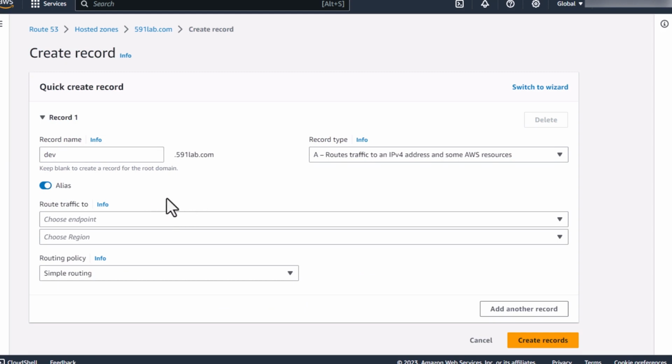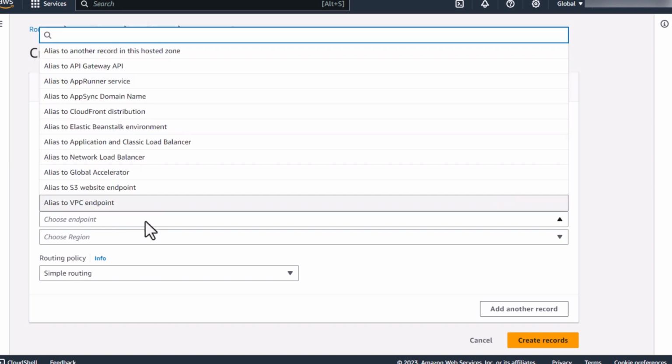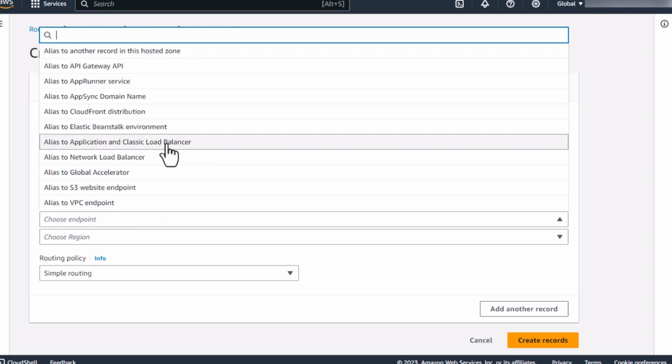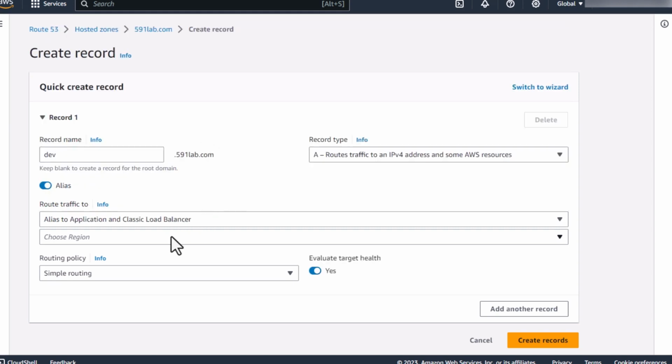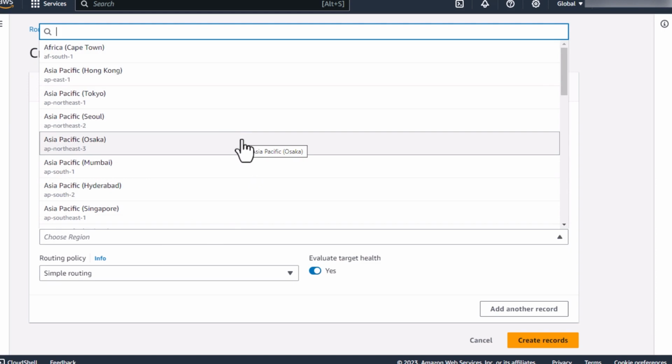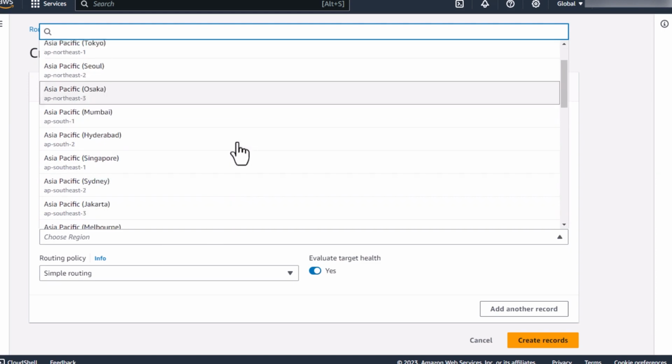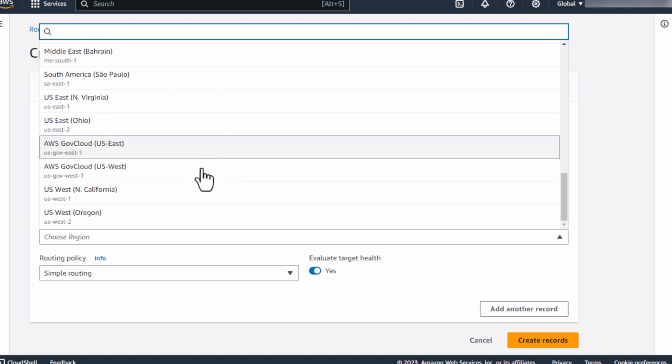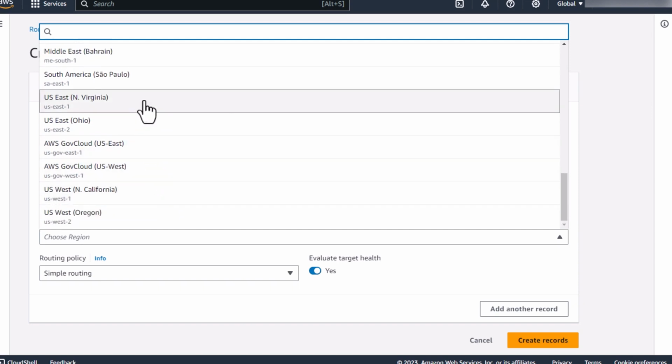In that particular case, we would like to forward all the requests to our load balancer, so we have to select the endpoint. It should be application or classic load balancer. Select the region, as we have created the load balancer and auto scaling group within the Virginia region. So let's select the region Virginia,